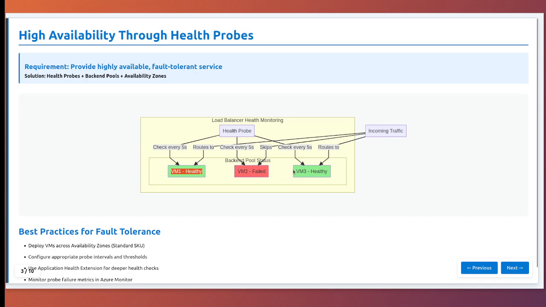Let's say you have 3 web servers in your backend pool, and one of them experiences a failure. Maybe the IIS service crashes or the virtual machine itself has an issue. The health probe, which might be checking port 80 every 5 seconds, will detect this failure within seconds. Once the probe fails a configurable number of times, the default is 2 consecutive failures,